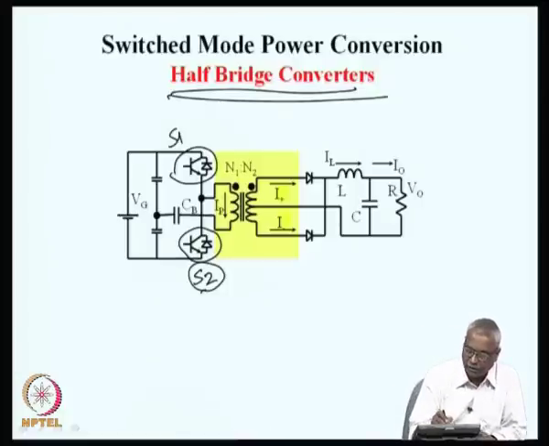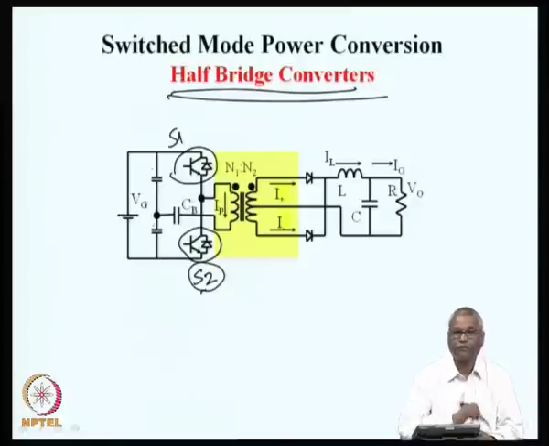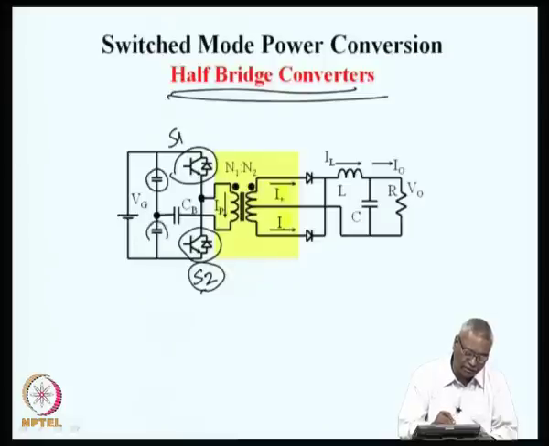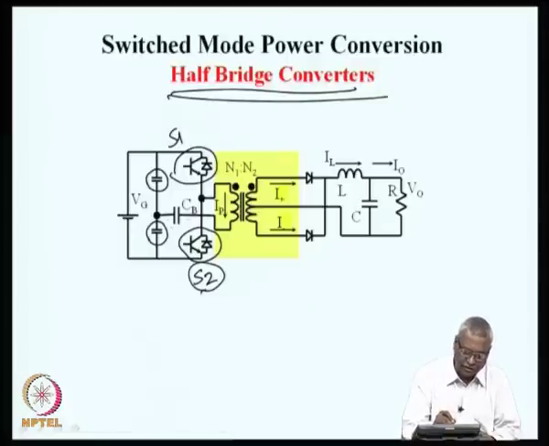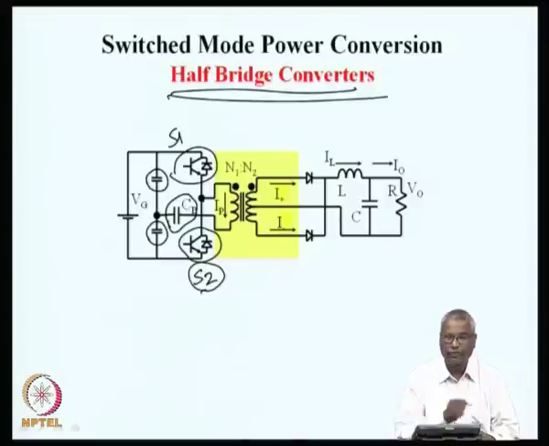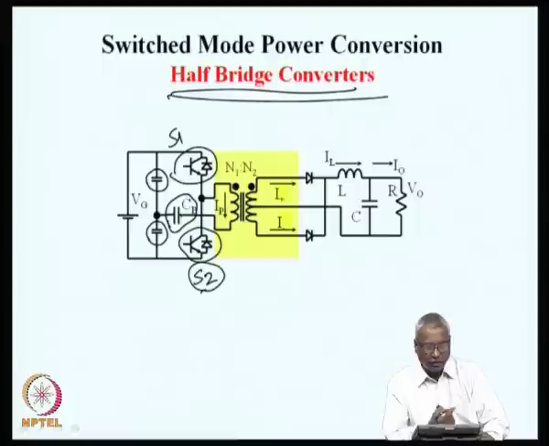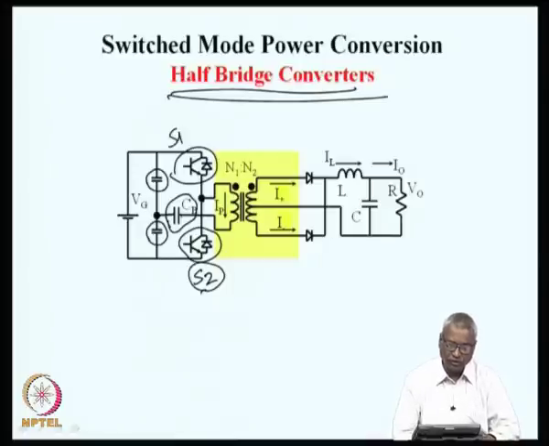And the isolation transformer is now connected between the switch and the midpoint of Vg. This is obtained by splitting Vg using two capacitors, so that this midpoint will be Vg by 2. And in a moment we will see what this Cb is. This is called the DC blocking capacitor. We will see the function and value of that. So this midpoint is connected to the other end of the transformer. For a moment you assume that the Cb is short circuit. Later we will see what design conditions are required to satisfy that.